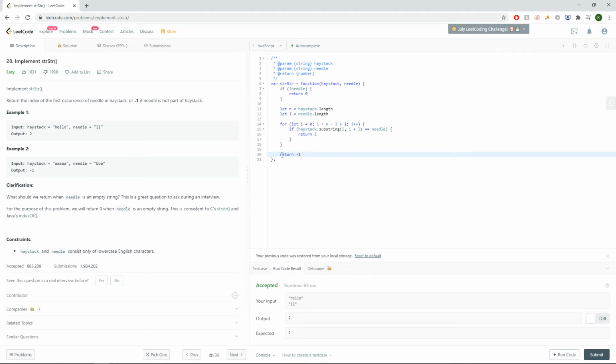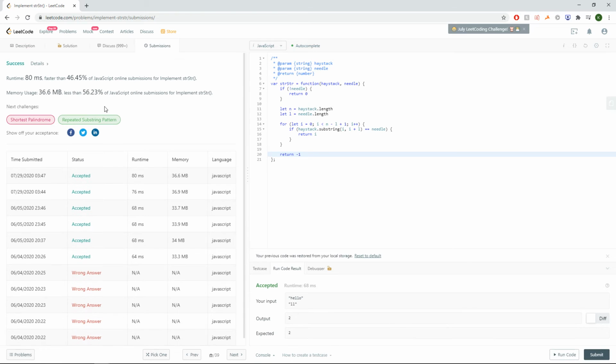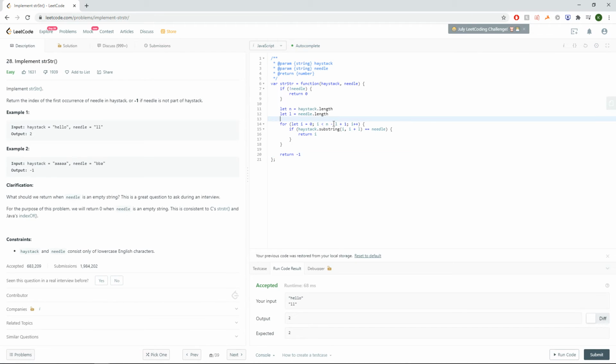Cool. And so let's try running to see if it's correct. Looks fine. Let's submit it, see if it's correct. Looks fine. Cool. So that's all green. So now let's just double check the runtime for this. Runtime is